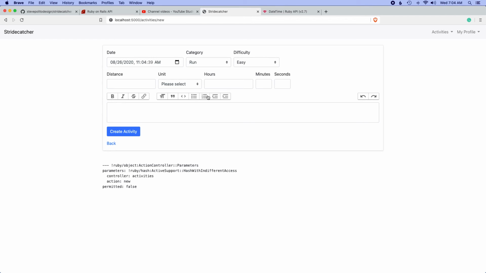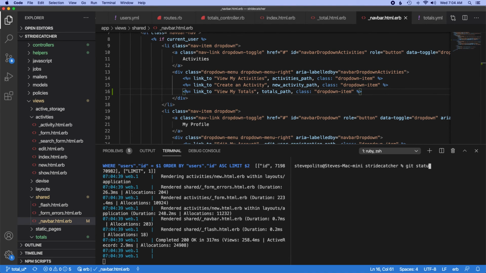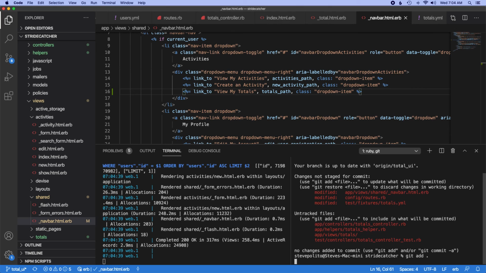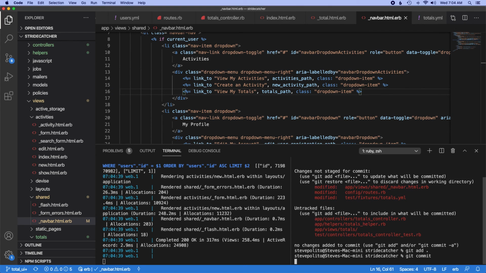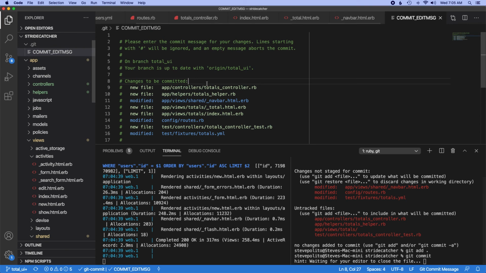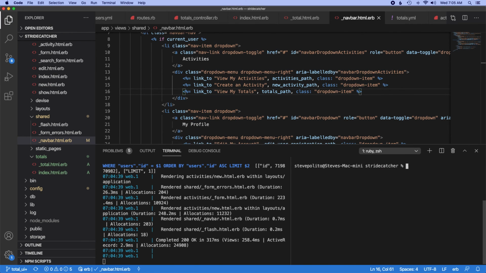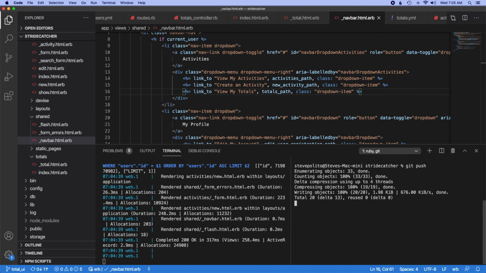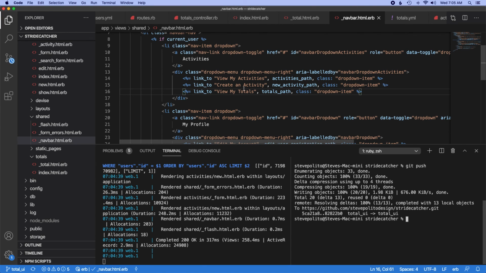I guess the last thing I probably want to do is just write a quick system test to make sure that this truly does work. But for now, let's just save this, commit it, and take care of that in the next one. So we'll just say display weekly mileage. Cool, and we'll push that up. And that's a good spot to leave off for now. I think in the next one we'll just write a very simple system test